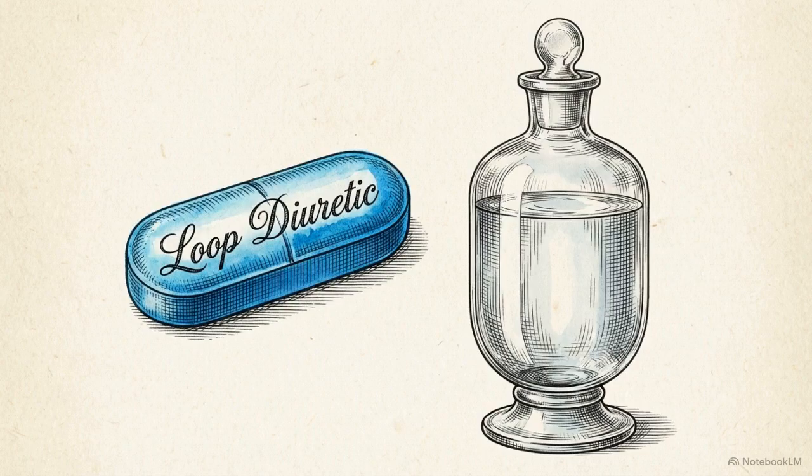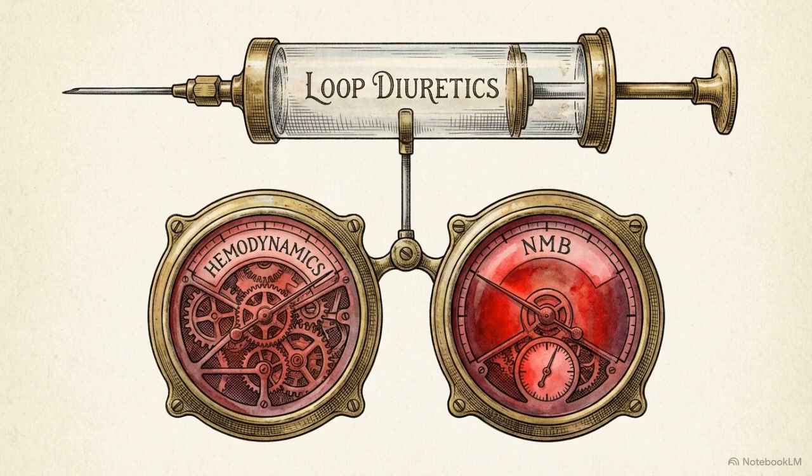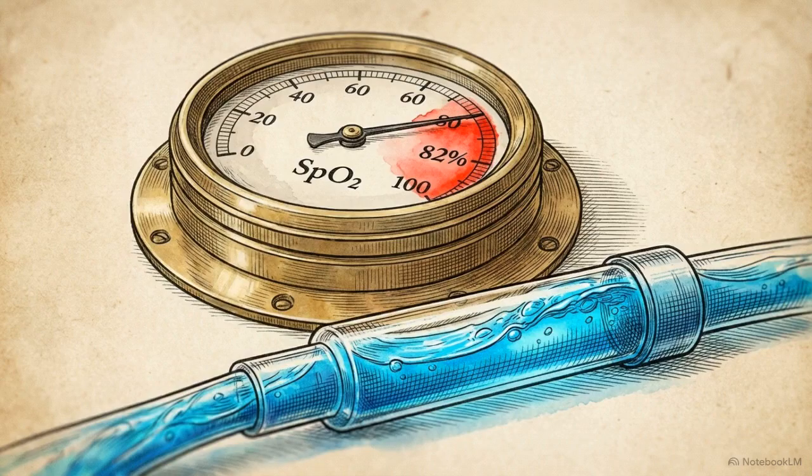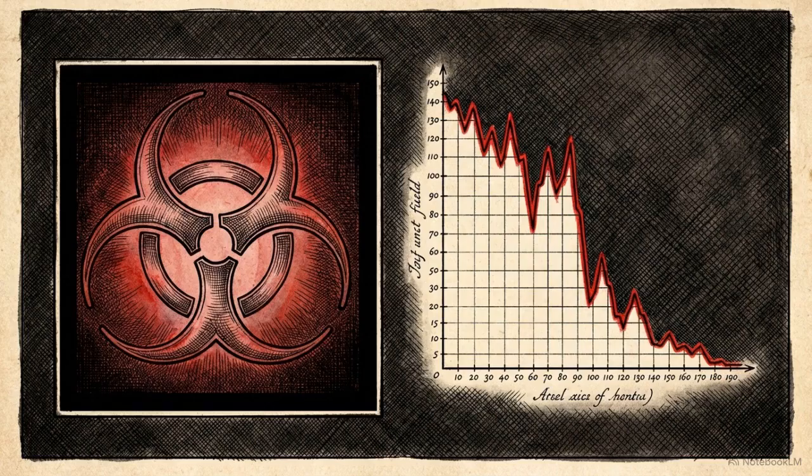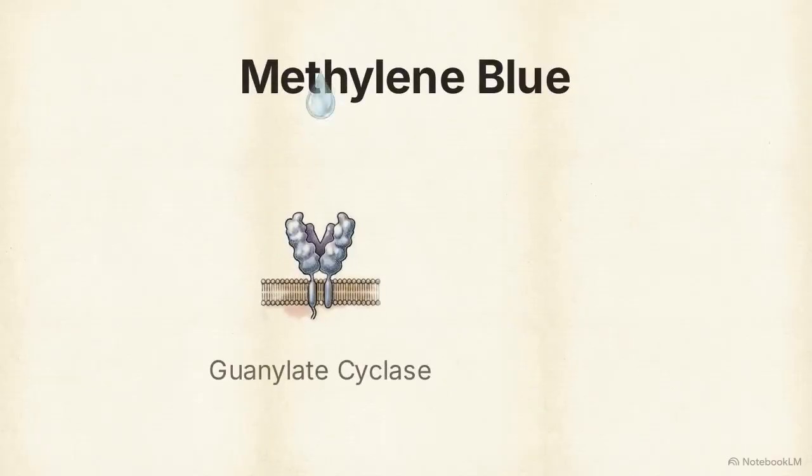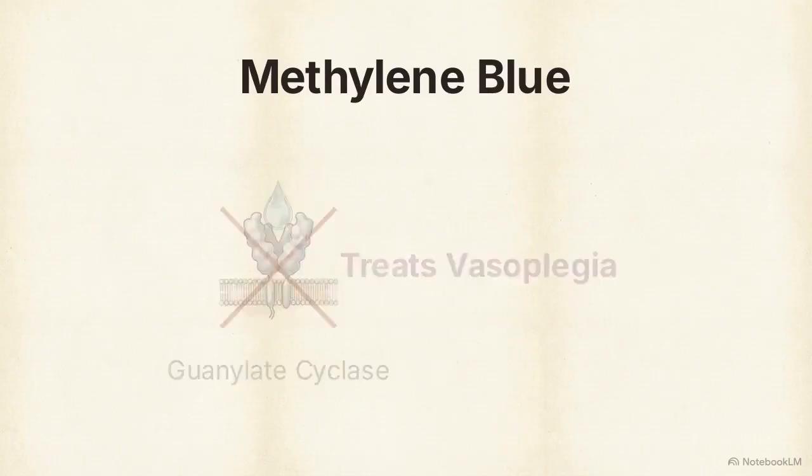Loop diuretics are the most potent fluid managers, but they present the greatest immediate threat to intraoperative hemodynamic stability and neuromuscular predictability. All intravenous dyes can interfere with pulse oximetry, causing transient false desaturations and hypersensitivity reactions. Indocyanine green is metabolized by the liver, but carries a black box warning against enteral feeds due to risks of refractory hypotension and death. Methylene blue is a guanylate cyclase inhibitor used for vasoplegia, but it also acts as a